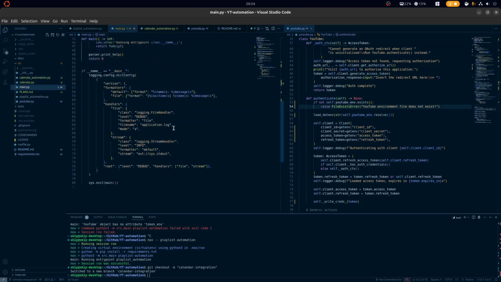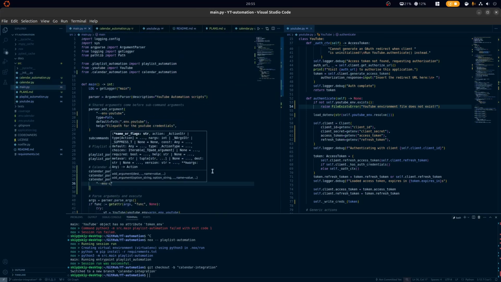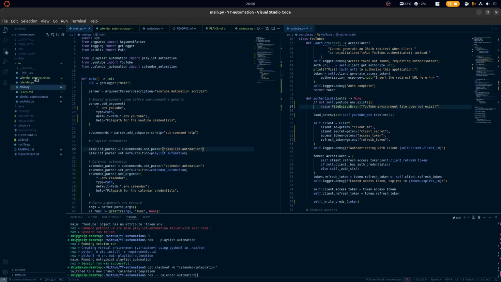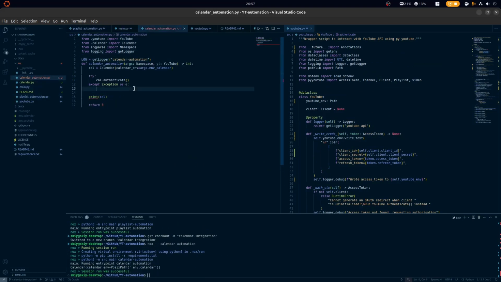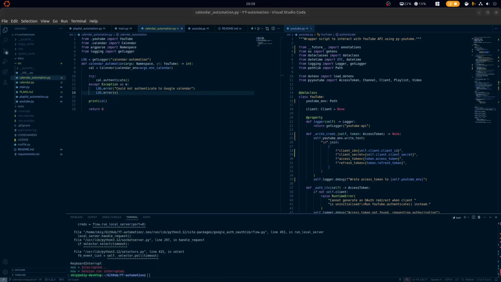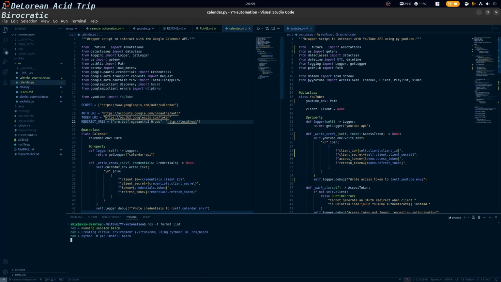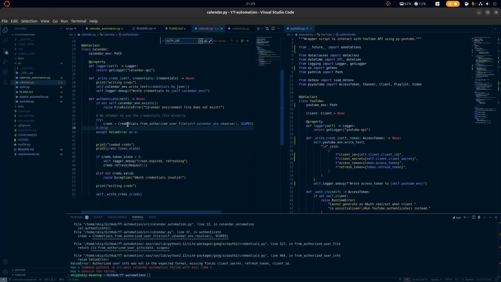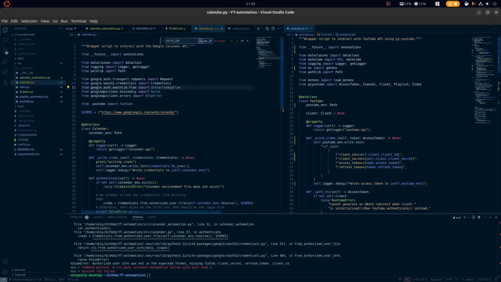Case in point, this. But yes, I am beginning this by comparing to the YouTube API service that I created in between episodes on the right hand side there, and on the left hand side I am starting with some of the calendar automation. Primarily I'm trying to just get the Google OAuth service set up.